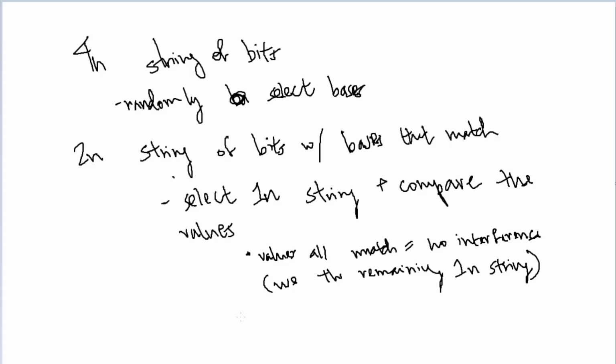Now, in the case that any of the values have discrepancies when compared, and we're getting to the bottom of the page here, so I apologize for the handwriting. Discrepancies. I am no spelling bee champion here. When we have discrepancies in this case, that means that there has been interference. It is an attempt at a check mark. As a result, we'll have to reestablish another string of bits. We'll have to find another way to establish this encryption key.